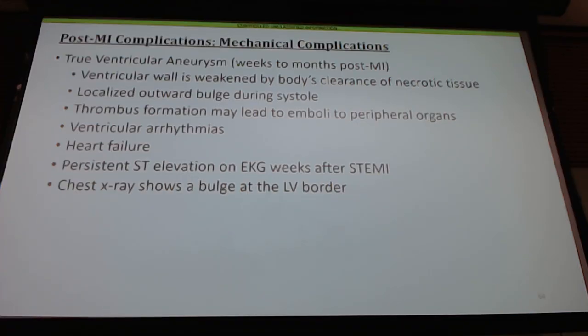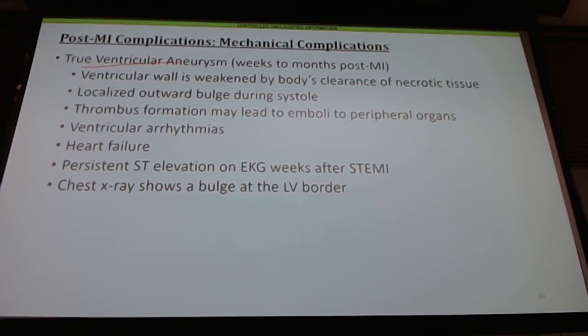Another thing that could happen is this ventricular aneurysm. So the wall of the ventricle, because of that weakness, may not rupture, but you lose that integrity to keep everything inside where it should be. Kind of think of this as like the hernia of the heart muscle. You start to get this ballooning effect, and that leads to stagnant blood in that area. It's at risk of bleeding, or it's at risk of rupturing, so then you could have a free wall rupture because of this weakened wall.